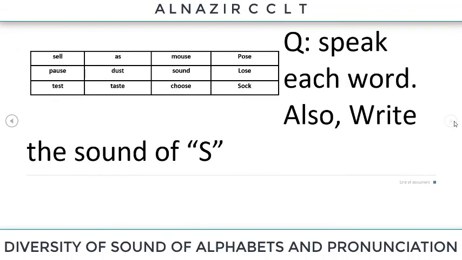And here is the exercise. Speak each word. Also write the sound of S. S-E-L-L, cell,